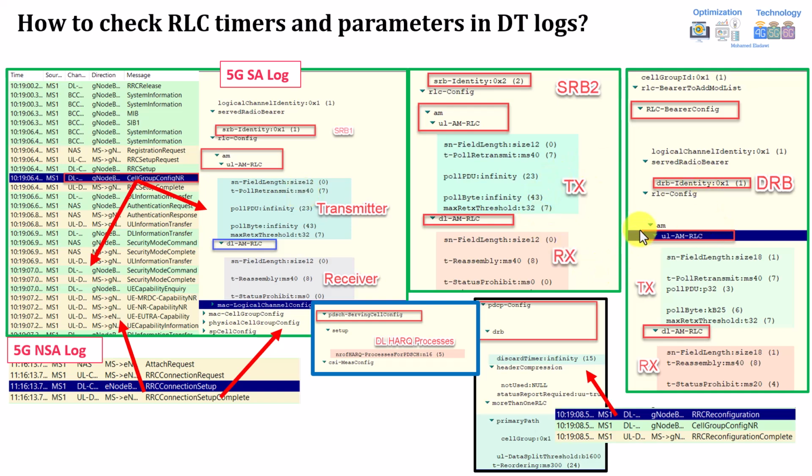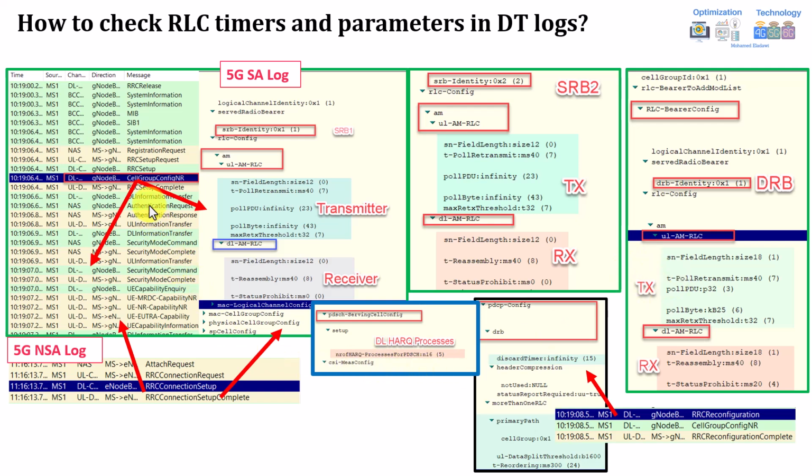Same again here, you can see for the data distributor, this is usually what you will receive afterwards once you complete the RRC. Once you get a new RRC configuration message here, you will find your data distributor, as you can see here. For example, this data distributor number 1. You have here the sequence number, also transmitter and receiver, the reassembly timers, and T-status prohibit. And also you can see, for example, sequence number is 18 here for that example. So this is how you can check.